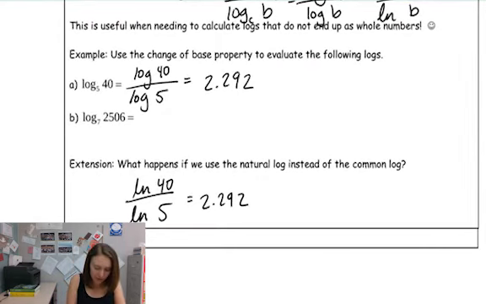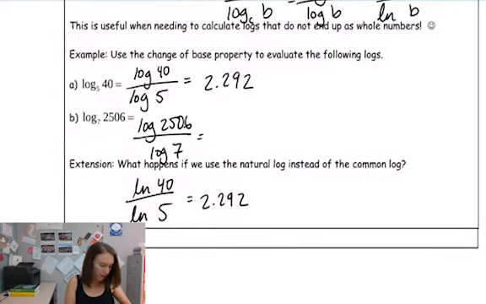All right, and then try this one on your own. Log of 2506 divided by log of 7. Don't forget to close your parentheses after you put the log of 2506 and then put parentheses divided by log of 7. I get